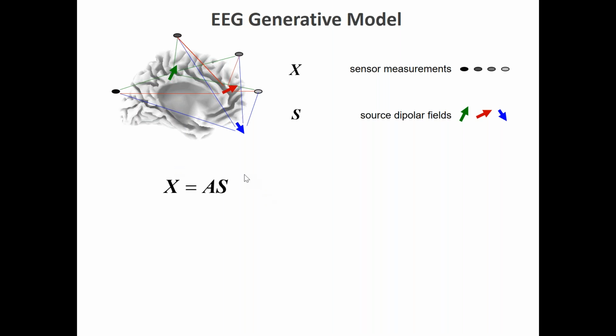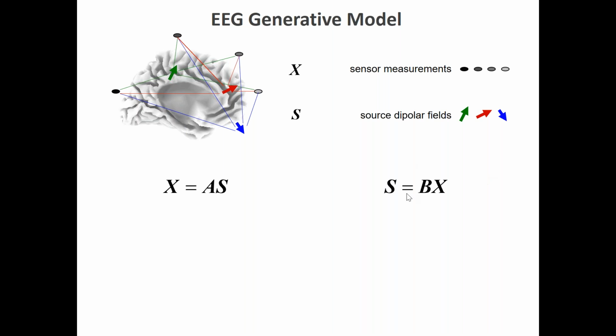Okay, so we have a model for this. The model says that what we observe is a mixture of the sources, and this mixture is given just by matrix multiplication. We call it A. This is called a mixing matrix, and we do not know this matrix as well. So this is kind of magic. What we want to do is estimate S without knowing A. Sorry, you know X, but you don't know A, and you want to estimate S. So this is very difficult to do.